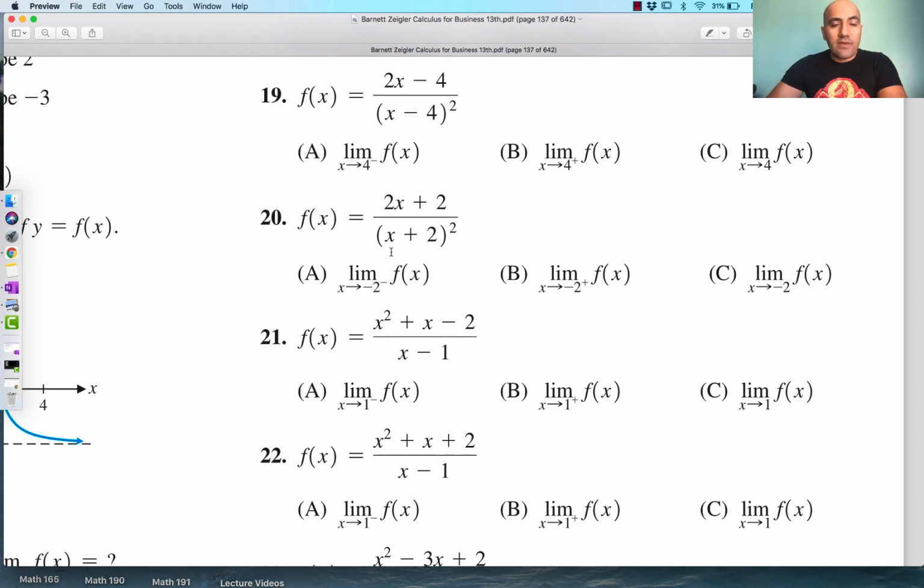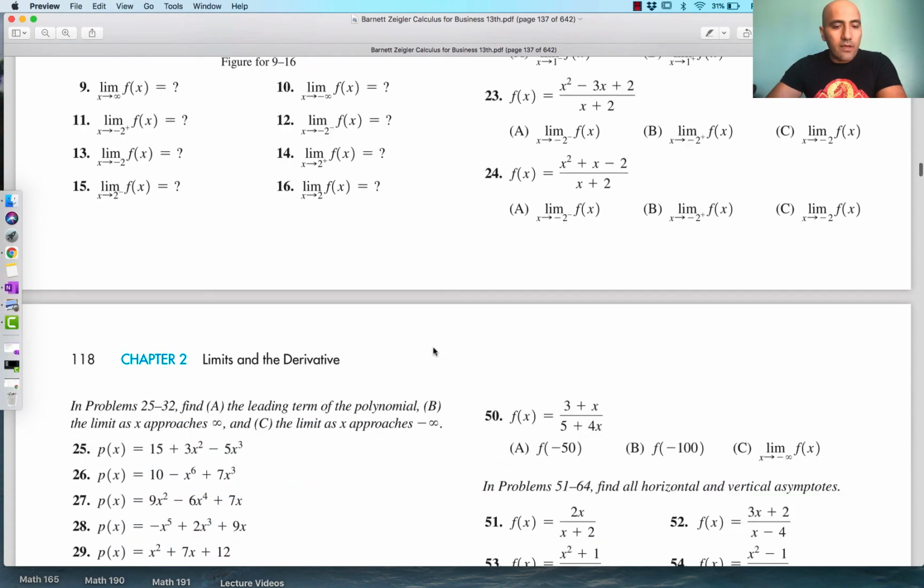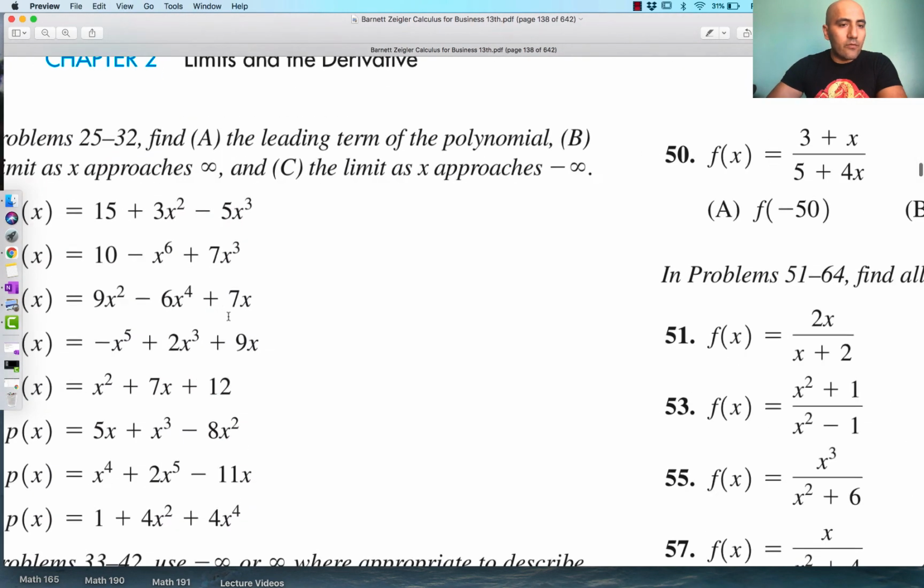Okay, so around -2, once again, we have a case of 0. -2 plus 2 is 0. And then the numerator will be -4 plus 2, so that'll just be -2. It's not 0. There will definitely be a vertical asymptote. Okay, so hopefully those kinds of questions are fine. Coming over here,